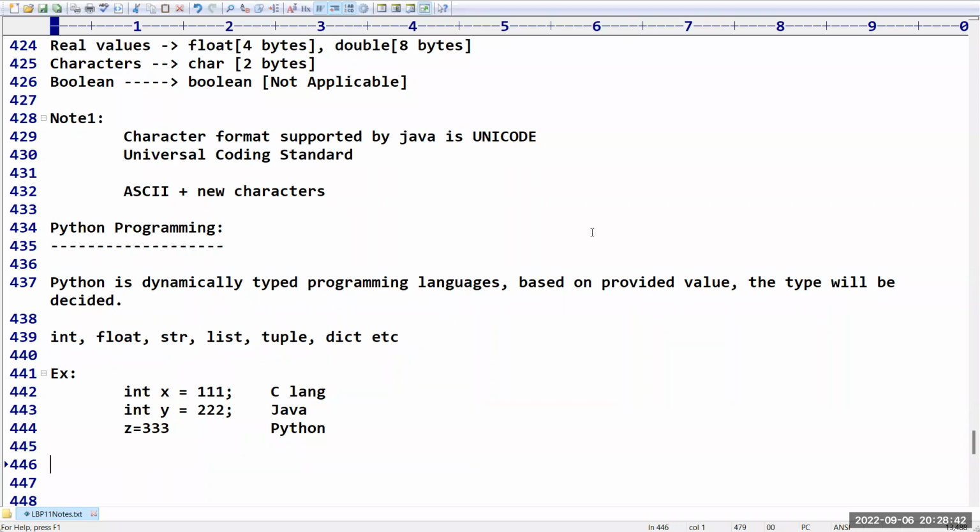Please confirm, is this idea sufficient for this logic-based programming course? Is this concept clear for you people, friends? I am requesting every student to please respond. Is this concept clear for you people? Right. Very good. Excellent.